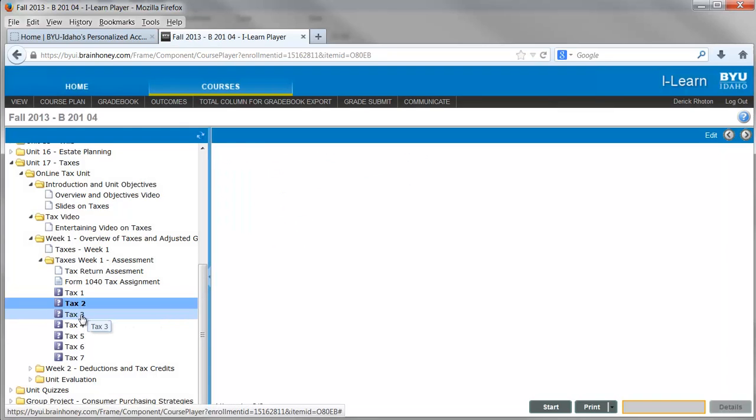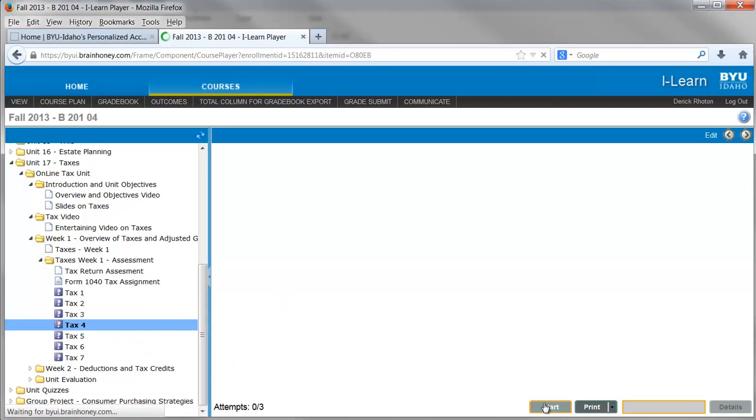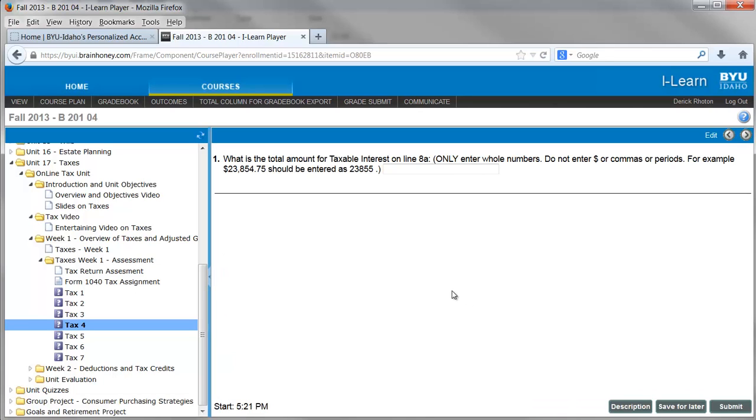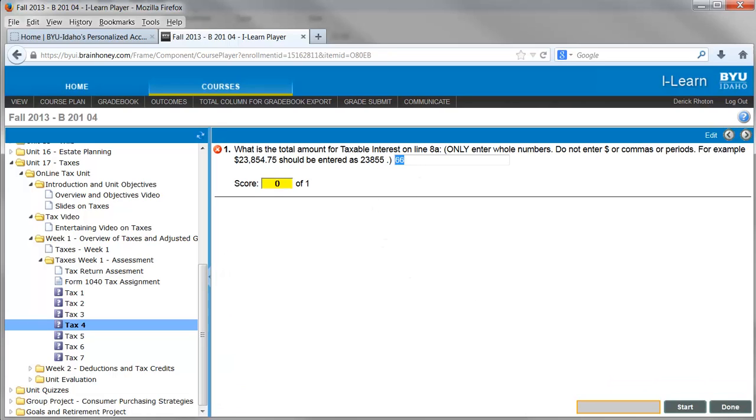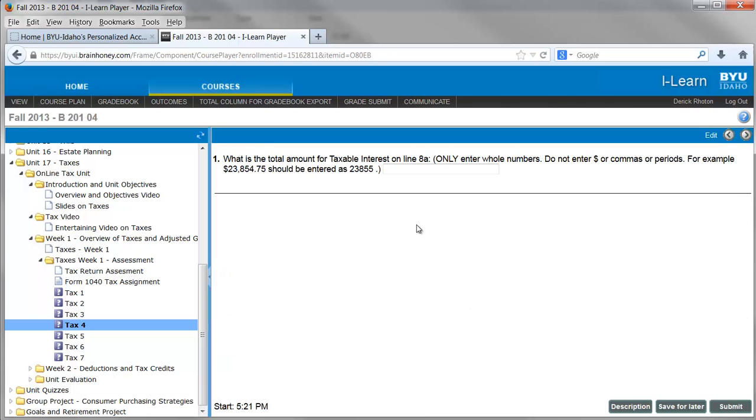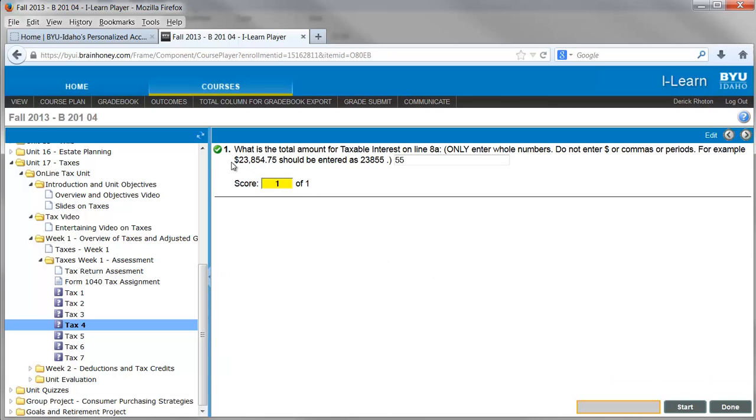The reason why it gives you 3 attempts and then it will actually show you the correct answer, I'm going to skip down here a little ways. There's a question number 4. It's because in order to do the tax return, you have to get the right number. So for example, what is the amount of taxable interest on line 8A? If you guessed 66, it's going to say, no, this is wrong. And then you get 3 attempts to try it. I'm going to go ahead and start again. And then if you actually get the right one, then it'll tell you the right answer,